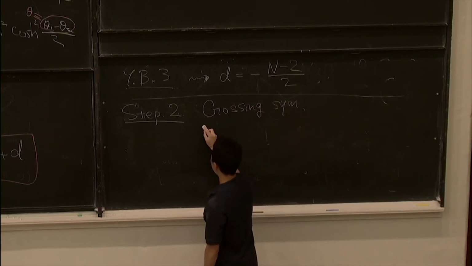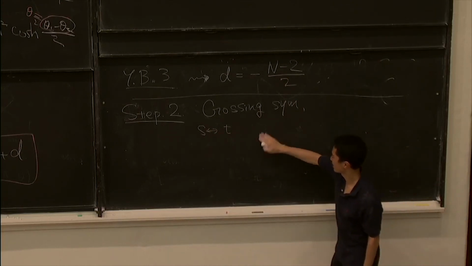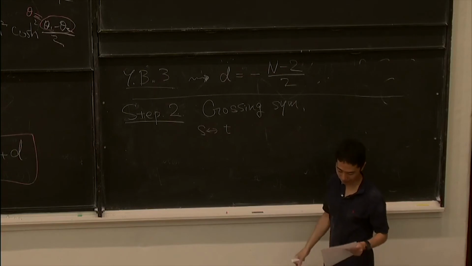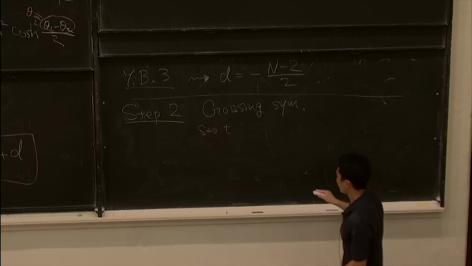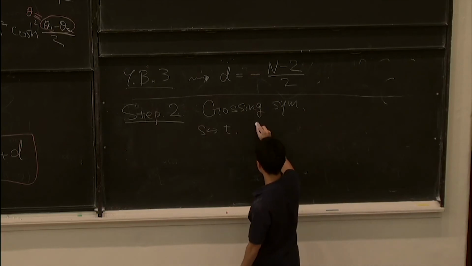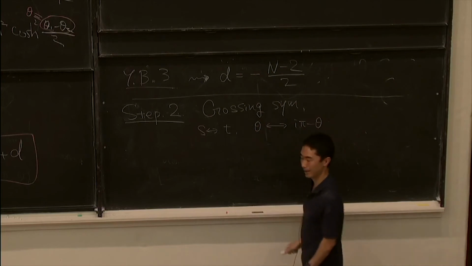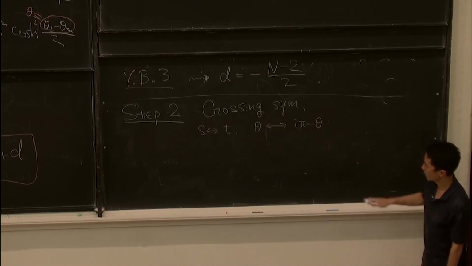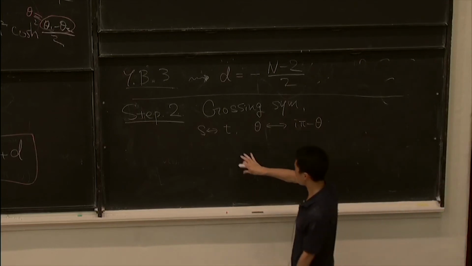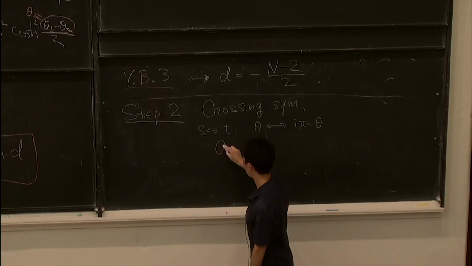The crossing symmetry, as I said, is basically saying that it's invariant under the exchange of s and t. If you do the exchange, then theta gets replaced by i pi minus theta. And if you write down the structure of the S matrix and impose this condition, you find that